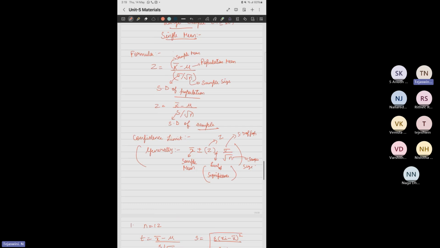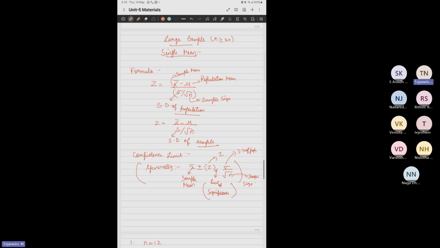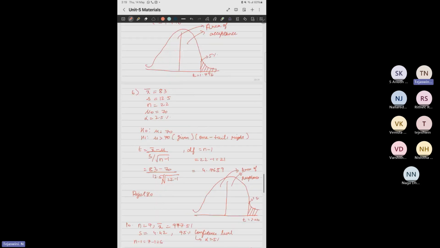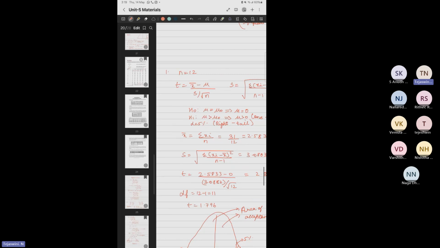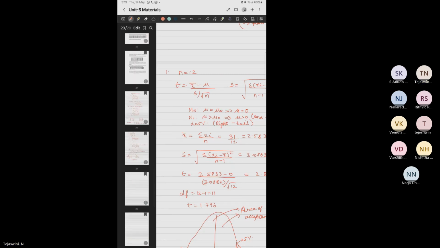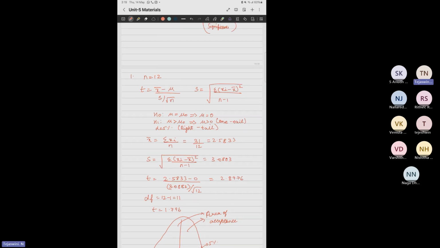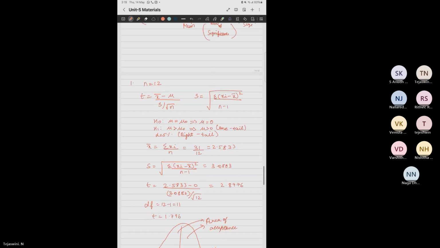Okay. So like I said, formulas are over here. For single mean, okay. So this is a large sample. Yes, that was for large sample. For small sample,